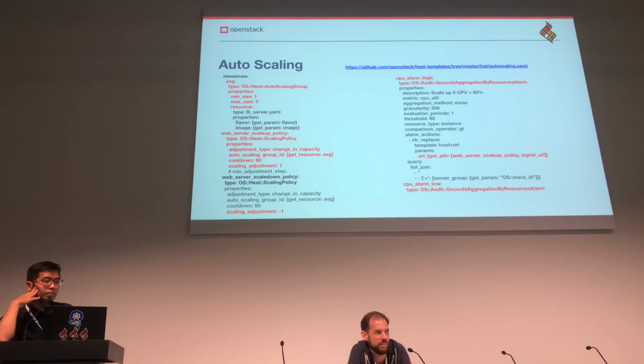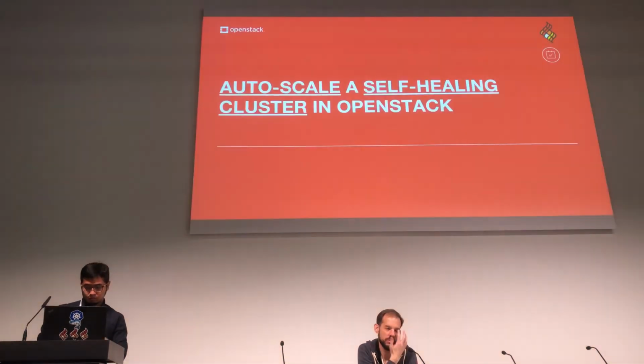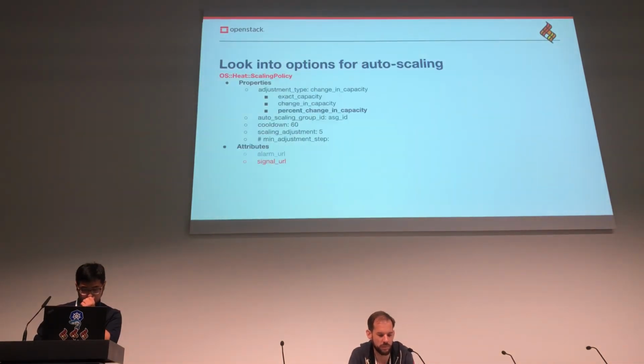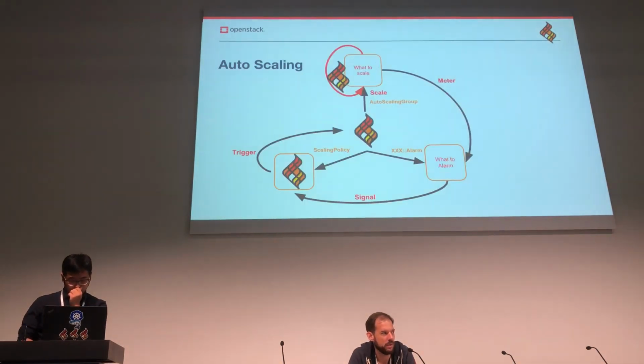Yes, because trusts only exist in Keystone. And for Heat to work, there is a helper script in the Heat repo that creates it, but you need a separate domain in Keystone for Heat, and a user with admin rights within this